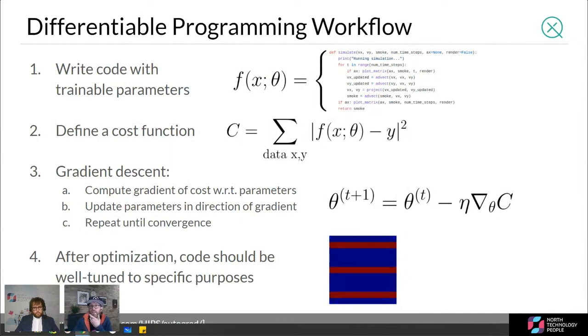But this doesn't have to be a model for differentiable programming. Right? This could be something like a graphics engine, for example. So you see this little animated peace sign here. So you could train all sorts of pieces of code, but you would use the exact same techniques as you would for machine learning to train them.